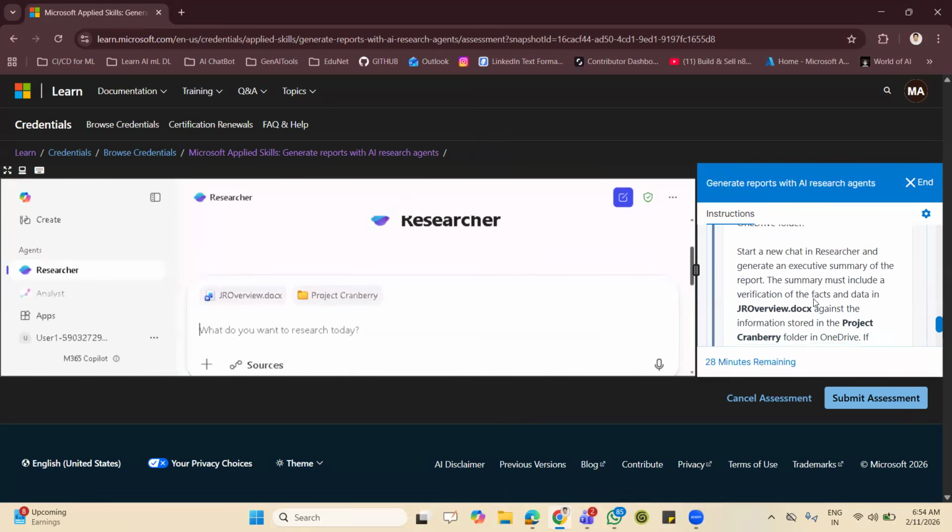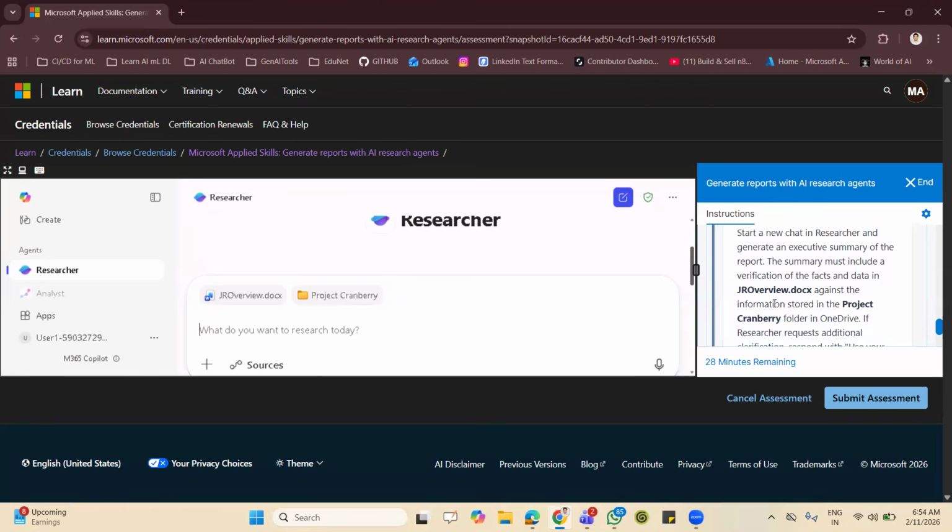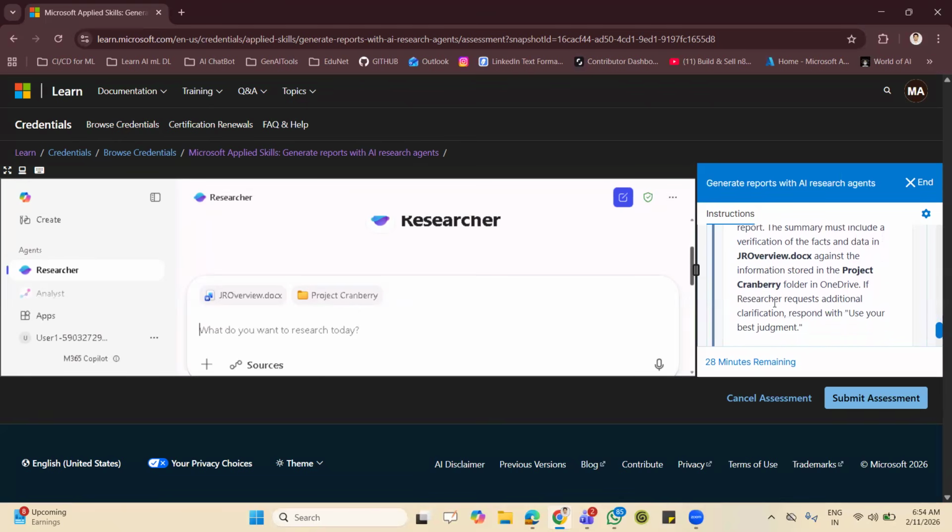Now, for the second task, we need to check this document against the Canberry. This is an overview document created by some junior in the respective company. We need to check how the things are going on, right? So for that, again, we need to write a prompt